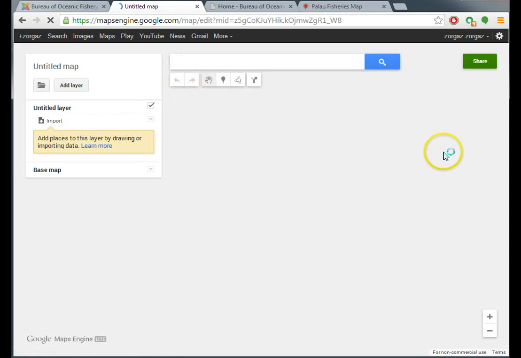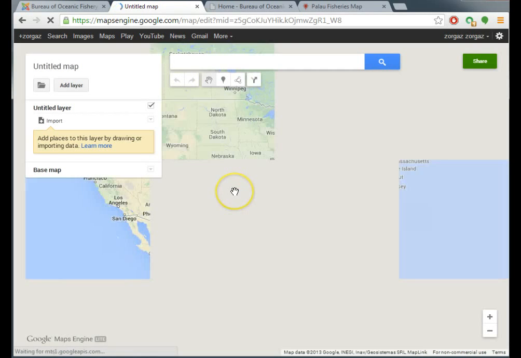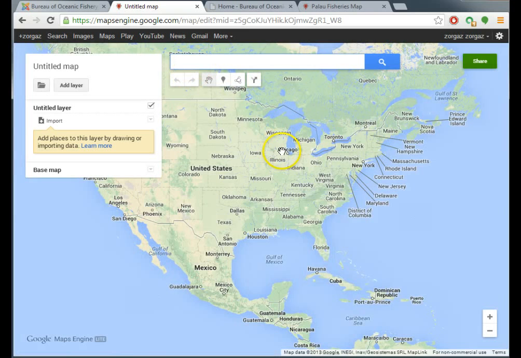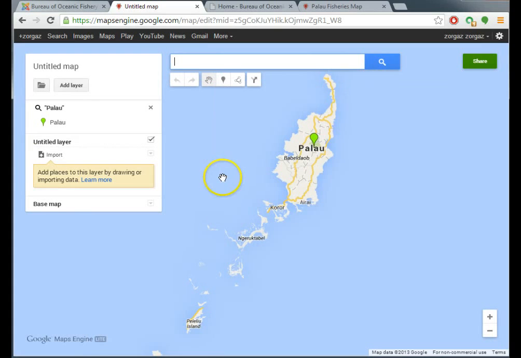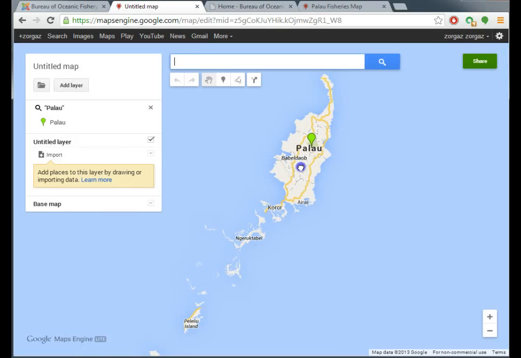The Maps engine will start. First of all, locate your own location. So let's say in this particular example, we're going to take Palau. So now your island is selected,